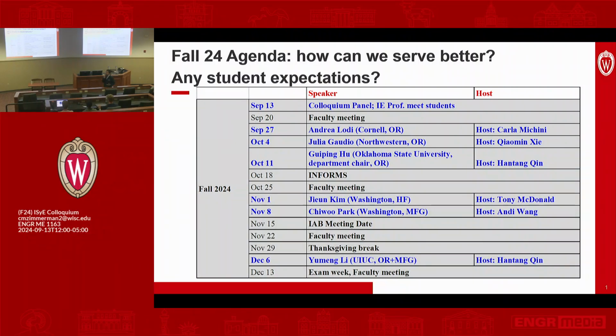So the first topic that we would like to discuss today is to collect some feedback from students and student chapter leaders for those curriculum series. What would be something that we can do better? For example,